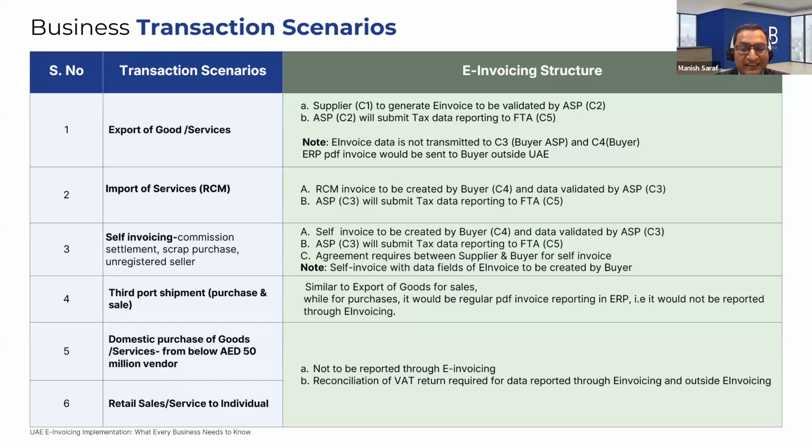So you need to do the reconciliation quarterly. Quarterly reconciliation has to be done because not all the information is going through the invoicing platform. Suppose you are raising an invoice for 100,000, and you are reporting it through the invoicing platform, and for that 100,000 you have an input of, say, 60,000, out of which 30,000 is through the e-invoicing platform, and maybe another 30,000 is not. Because the supplier supplying to you is not registered in e-invoicing because of the threshold, in that scenario you need to reconcile what portion is going to the e-invoicing platform and what portion is outside the e-invoicing.